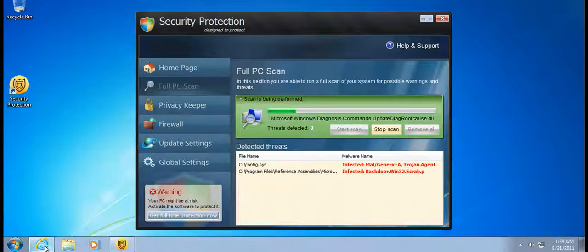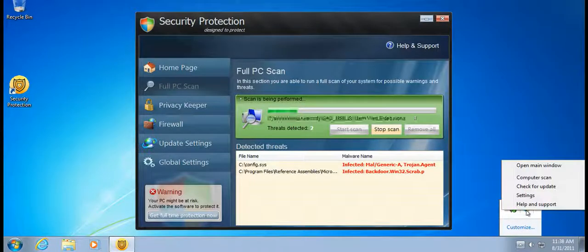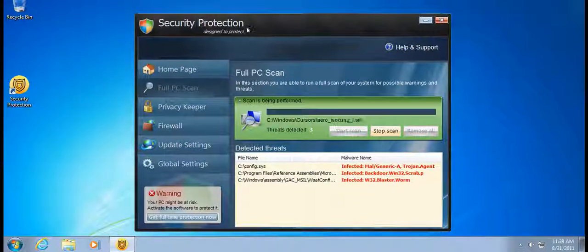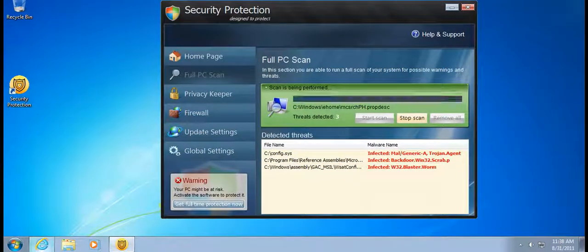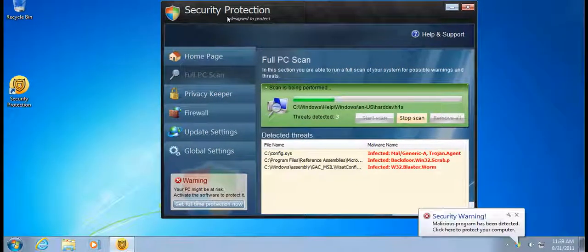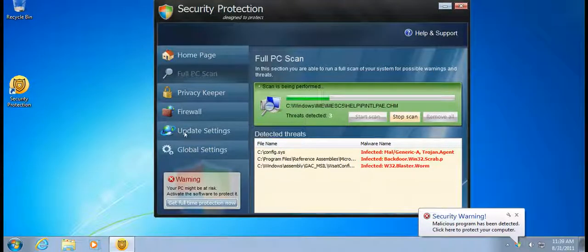Now, what this does is it blocks all legitimate programs from running. Now if you look here, when I try to start Internet Explorer, a little pop-up comes up. Explorer.exe cannot start. The file explorer.iexplorer.exe is infected with a win32/blaster.worm. Please activate security protection to remove threat. This is entirely fake, and I'll show you how to remove it